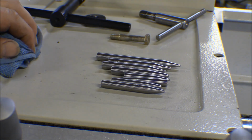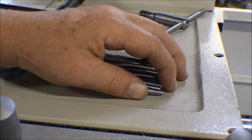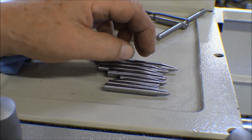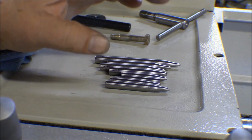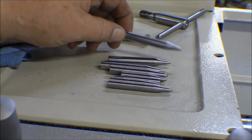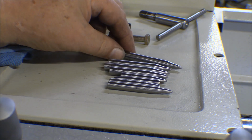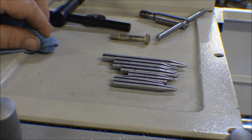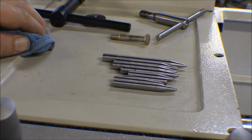much on this airplane. There's a couple of bolts on there that are 7s, but most of them are 3s and 4s, and the 5s go in the wing hinge point where the wing attaches to the fuselage, so that'll help get those lined up. I can move the wing up and down and just slide these in there until I get them in. And then the 6s, those are mostly on the floats, and those can be kind of a bear to line up sometimes. So I had some number 4 bolts down there, some 1/4-inch bolts down there too that I put in the scrap bin, and I may bring a couple of those up to do some number 4s just because